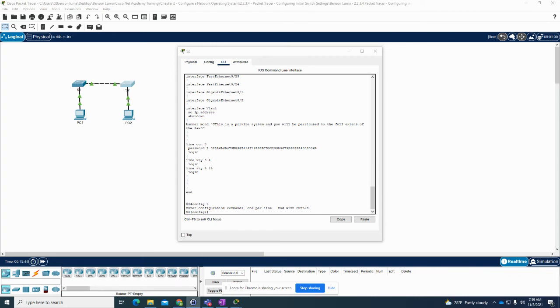Sorry, I was just getting my KeePass password set up for a second. Okay, now if we do enable,